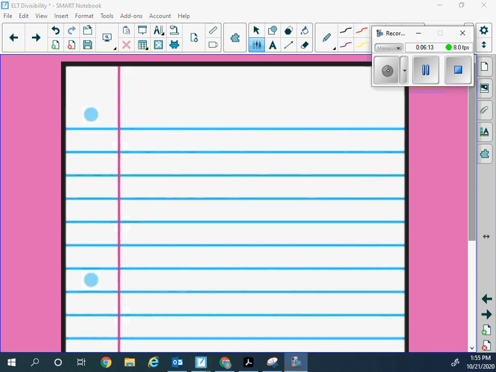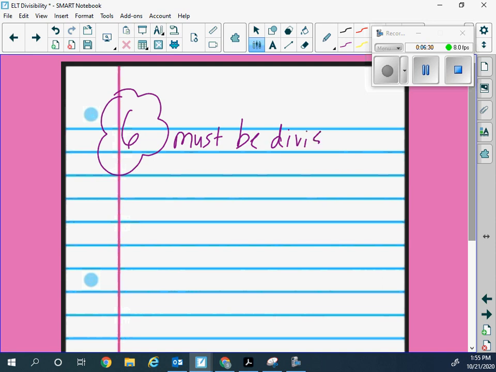All right, the next rule is 6. Okay? 6 is really easy. If it's divisible by 2 and 3, then it's also divisible by 6. So it must be divisible by 2 and 3. That means you check to see if it's even, then you check it with the sum thing for 3, and if it's both of those, then it's divisible by 6. So here's our example,